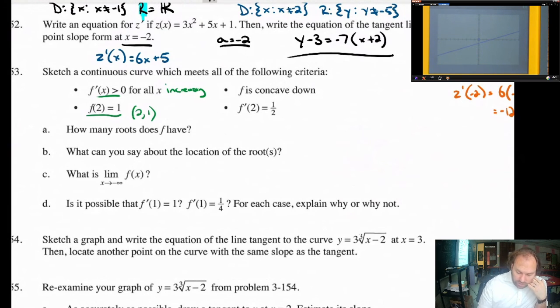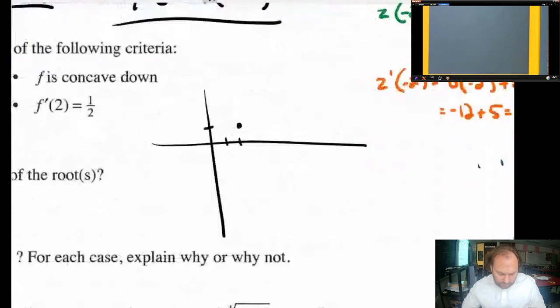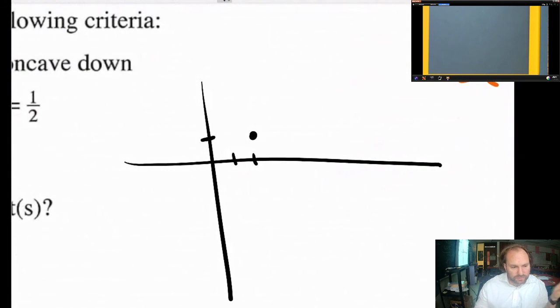So let's start with this point of 2, 1. I'm just going to sketch really quick what's going on here. Point 1 to the right, 2, up 1. Put a point right there. Now that takes care of this part of it. That's done. As far as the derivative at 2 being 1/2, I think what would be a good idea, kind of zooming in on this point, is to make a little slope triangle that has the slope of 1/2. Like go down 1 and back 2, or maybe to the right 2 and up 1, and just kind of sketch in a little secant line. Whatever the curve that we're going to draw is doing, it has to have that line as a tangent